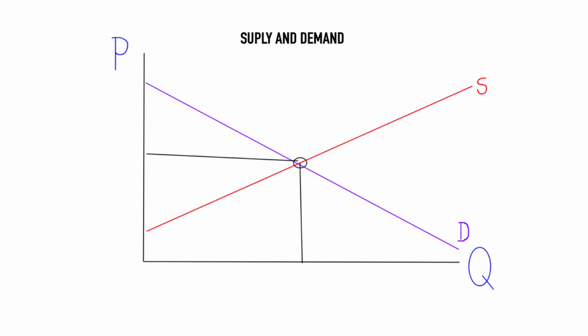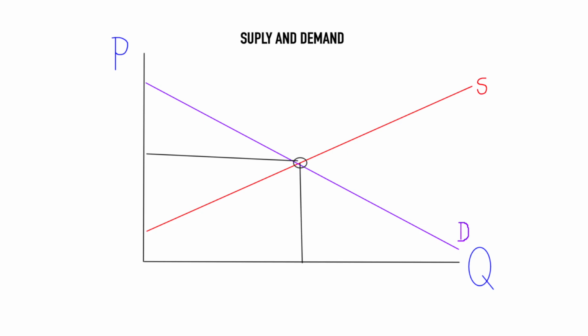But if there's so much supply, and there's not enough demand, then it won't all get sold. And if there isn't enough supply for that demand, then more people will rush in to try to sell it. And eventually, these two lines meet. The supply line and the demand line meet. Now at this point, we can see it lines up with a point on the X and the Y axis. There's a price and a quantity. So right here, where supply and demand meet, they're in a state of equilibrium,